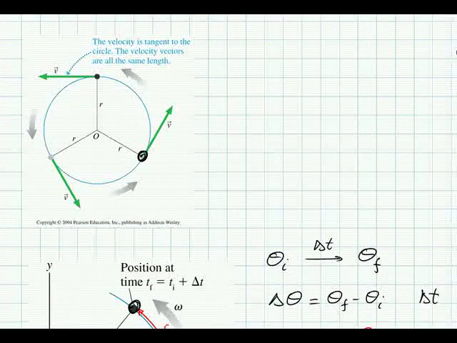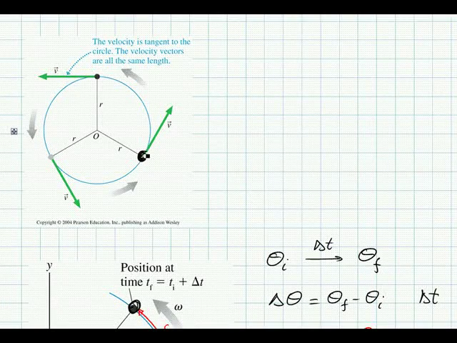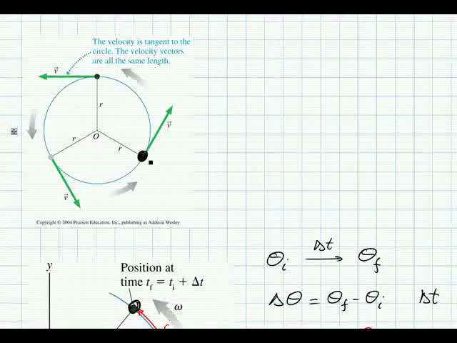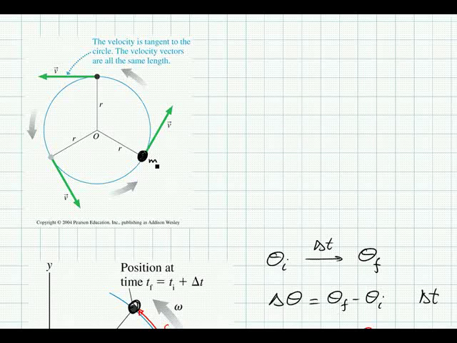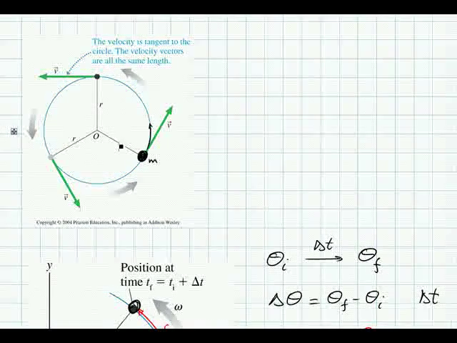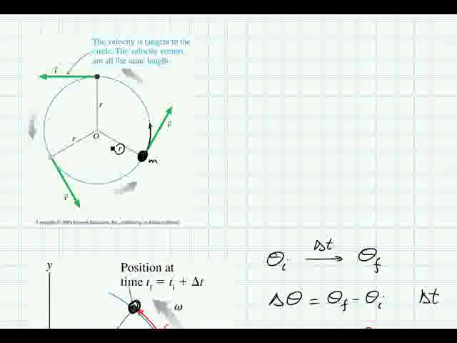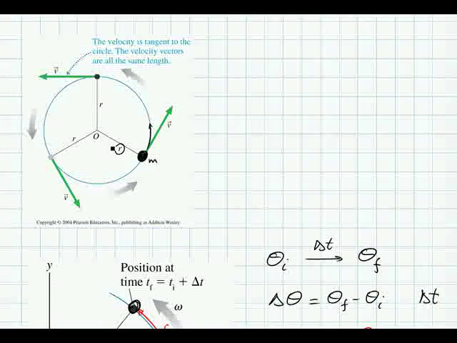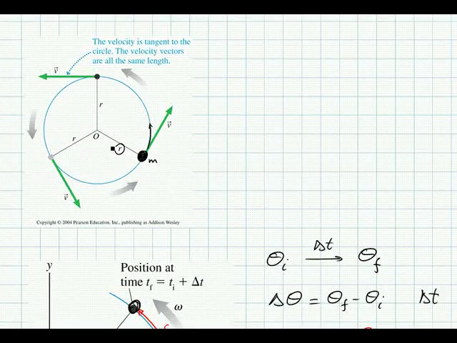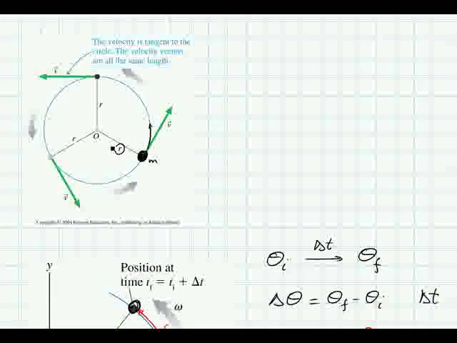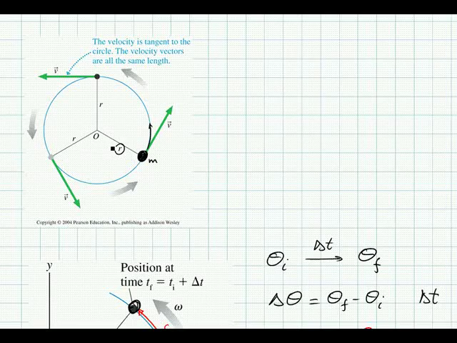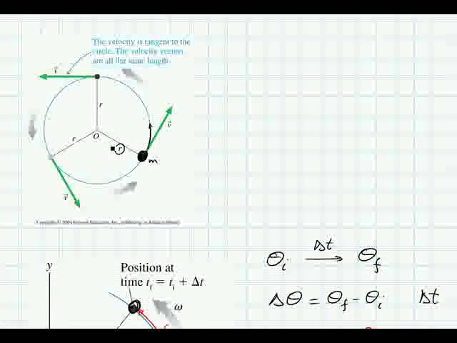If we have an object, say mass m, traveling around in a circular path as defined by this blue trajectory here. It's a circular path with radius r, and the velocity of the object is tangent to the circle as shown here in the diagram. So the green vectors, of course, are the velocity vectors, and the speed by which the object is moving around, if it's constant,